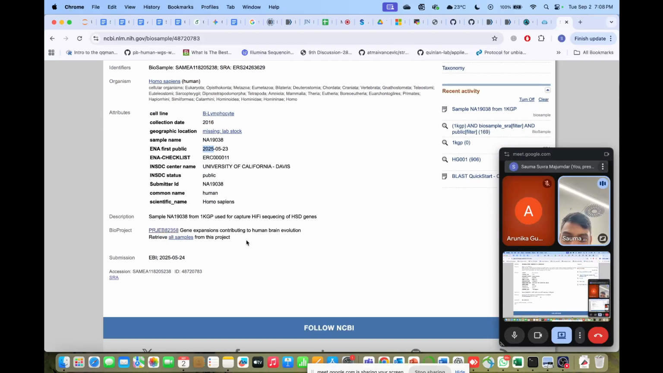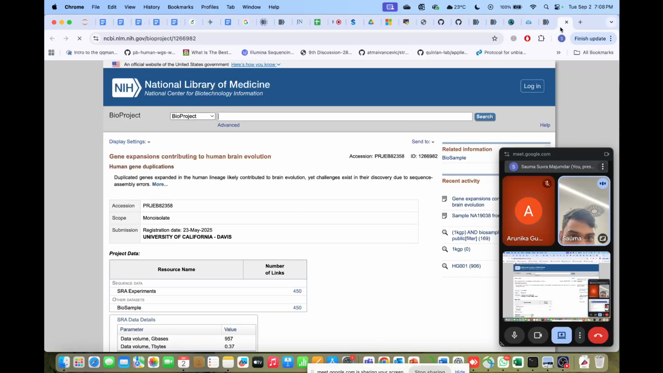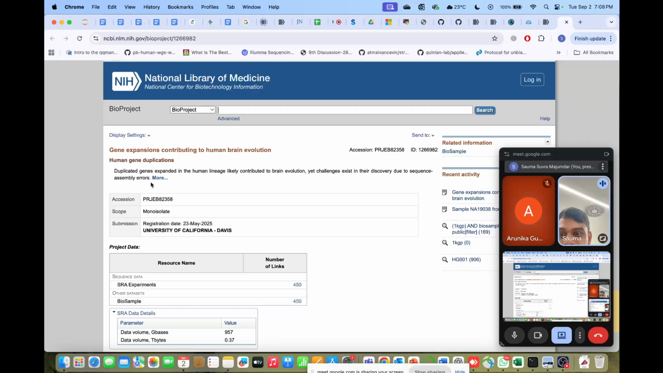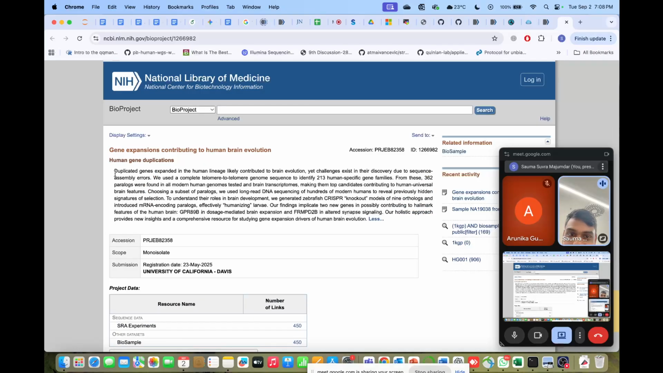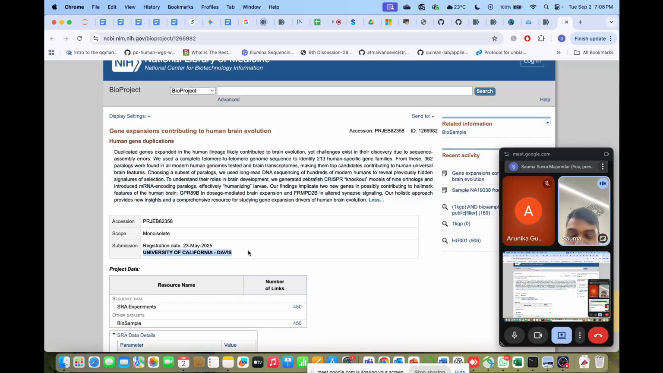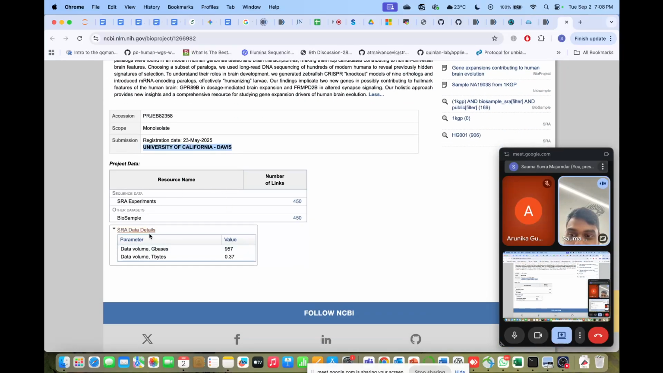So this is the bioproject. If you go to the bioproject, it'll give you the project information. In this particular project, they study duplicated genes. They used a complete T2T genome sequence to identify 213 specific gene families. From these, 32 paralogs were found in most humans and rice and mice and so on. So this gives you the project description, and this has originated from UC Davis. The biosample,